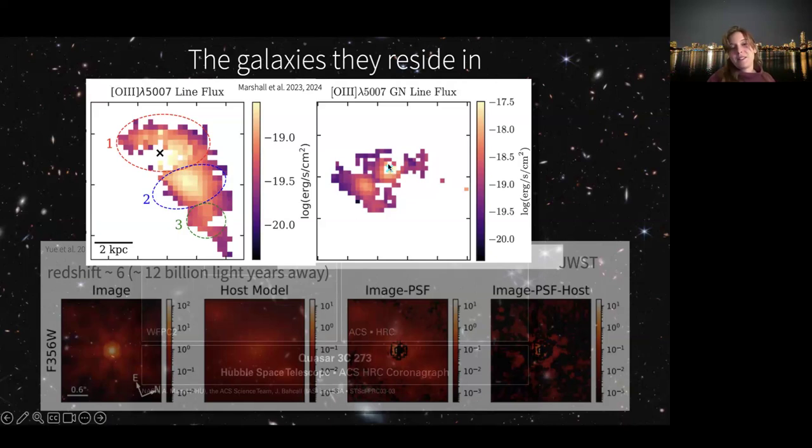or this is another example of that, where, again, this cross is marking the location of the quasar that has been subtracted away from the data. And you can see, again, not just a single nice host galaxy, but you can see another blob over here. And even if this was already one galaxy, the fact that it has this really weird morphology indicates that it could have undergone a merger recently. So this is a very, very active area of study, and this is just one example of results that have indicated that indeed the growth history of these black holes is not as simple as just continuous consumption.